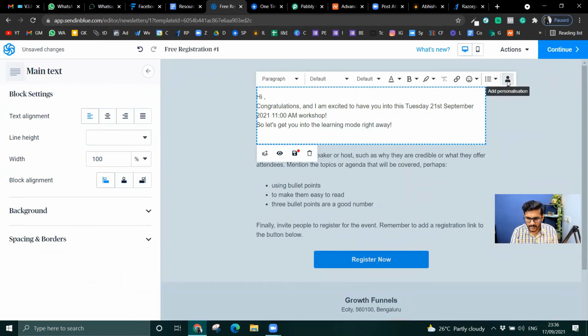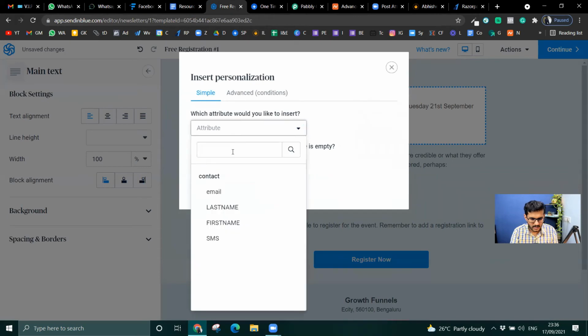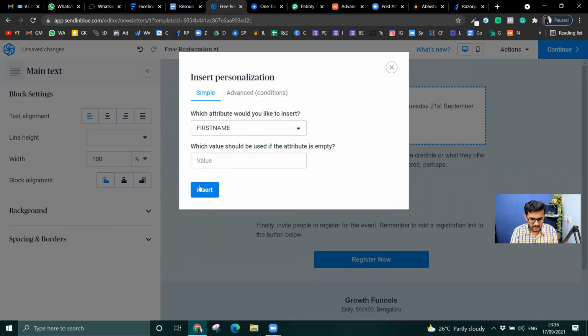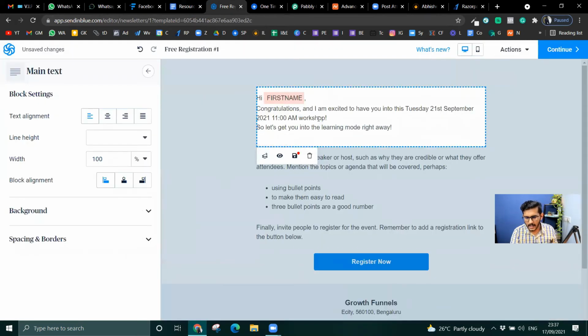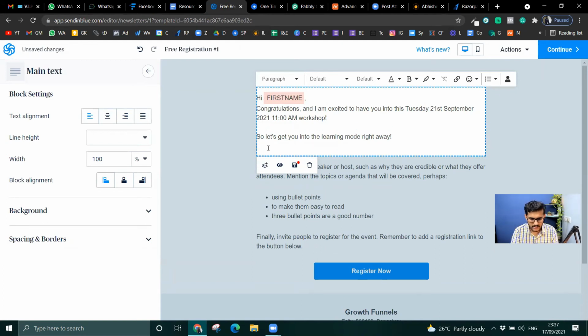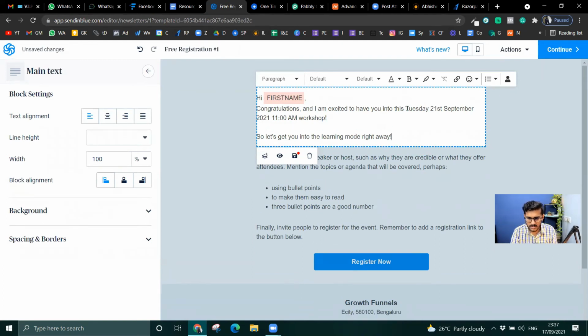So I'll just go here and add press attribute as first name and then say insert. Hi, first name, congratulations, I am very excited to have you into the workshop. And then this, I want to just highlight the date and time, so I'm just making them bold, right? So I have it here.